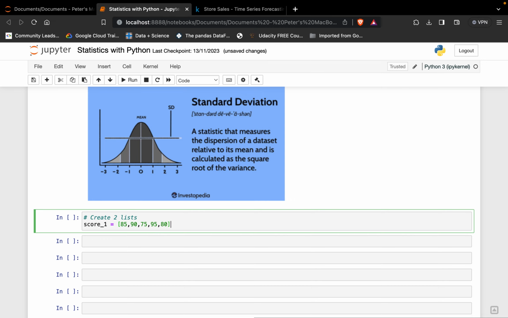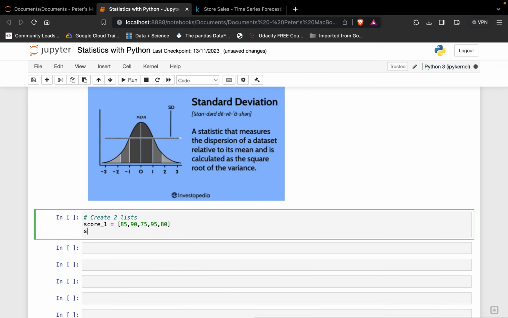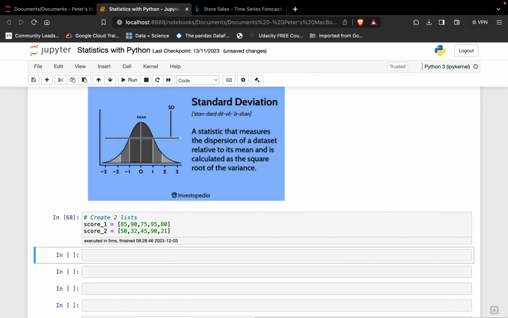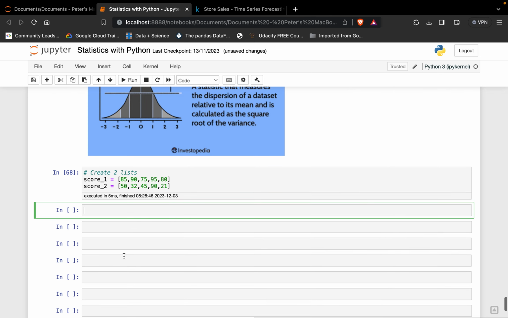How many do we have? Yes. Then I'm going to have score underscore 2, and inside I am going to have another set of numbers: maybe 50, 32, 45, 90, 21. Now we have 2 scores here. Now I want to find out their mean, so let me import